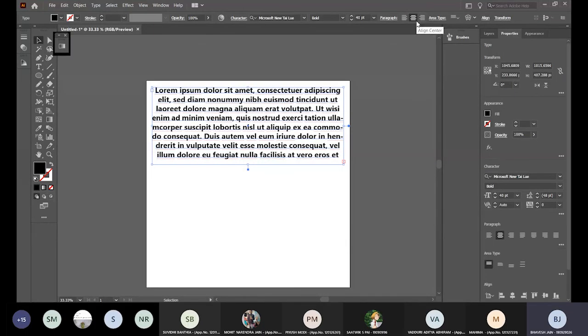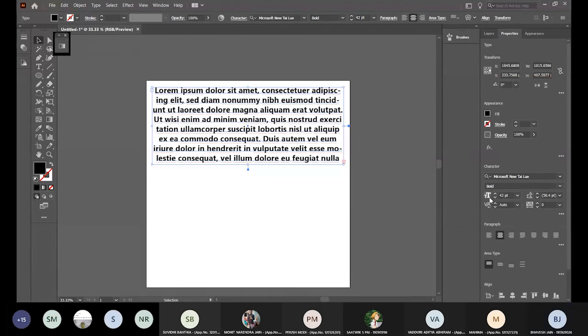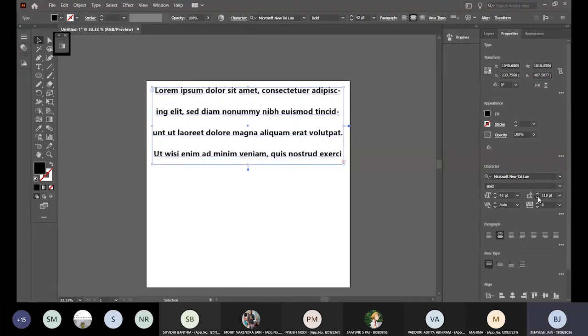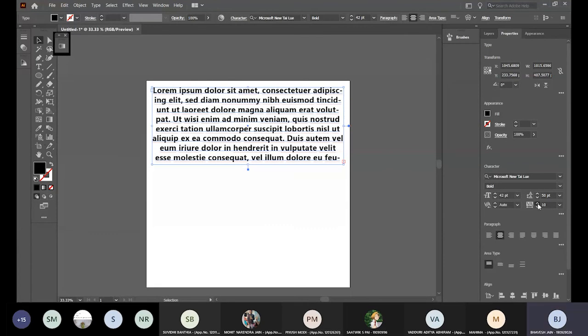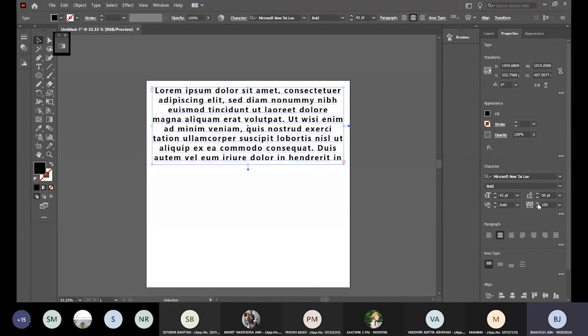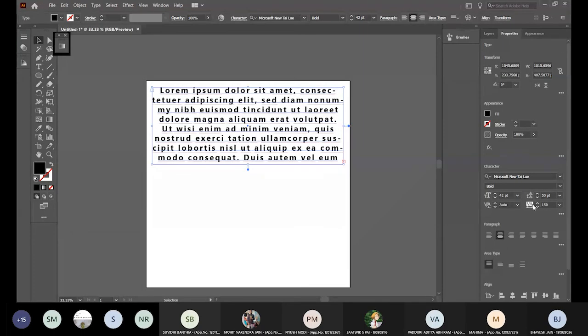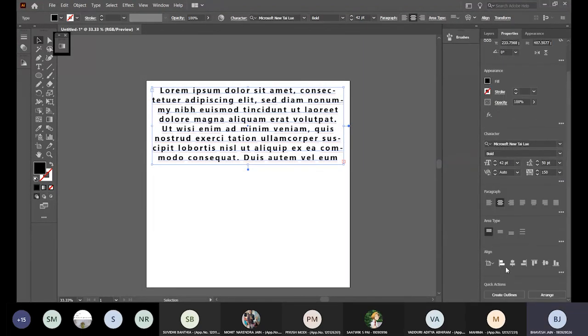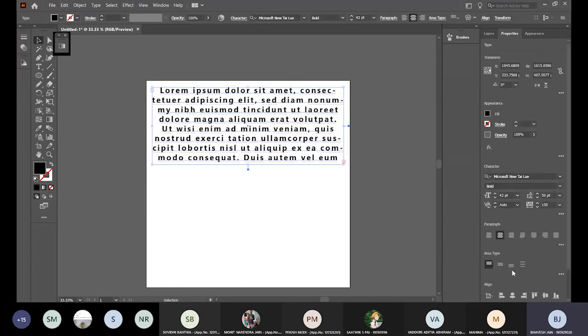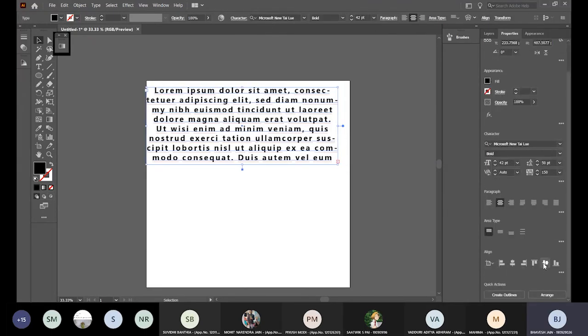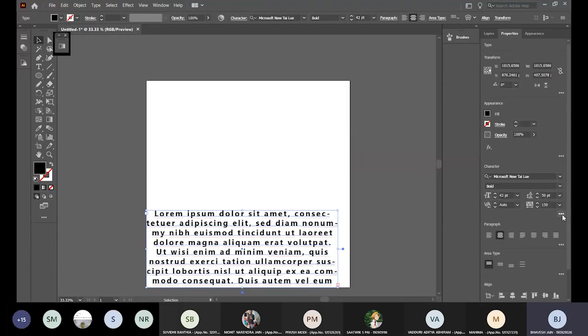If I want to center align, the center align is here. Everything's visible in your properties tab, sorry. If you want to change the font size, this is it. If you want to change the, what is it, leading, this will increase the gap between two lines. This will increase the gap between two characters horizontally. So yeah, that's mainly it. You can again center align the box with your artboard. You can right align, you can bottom align it.